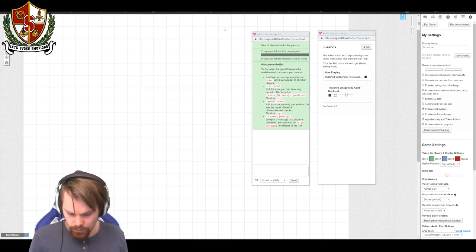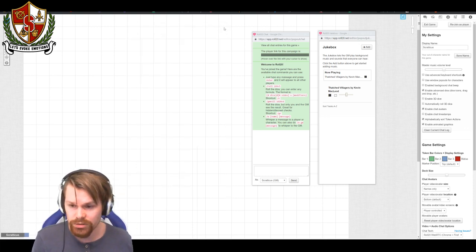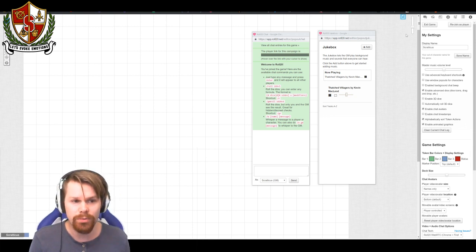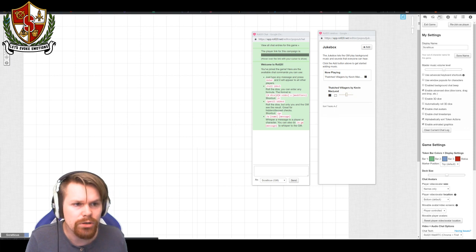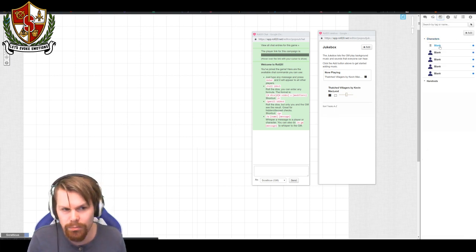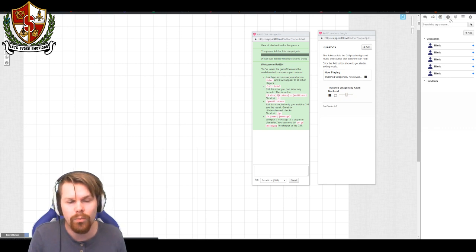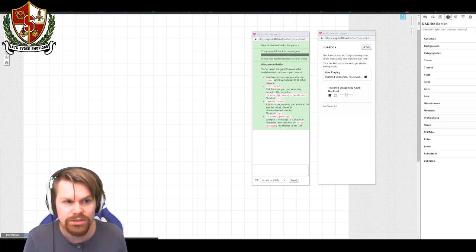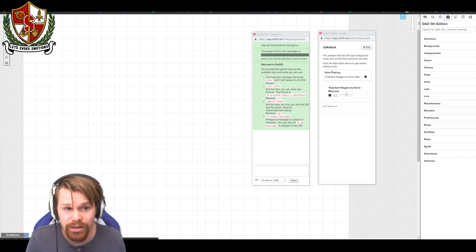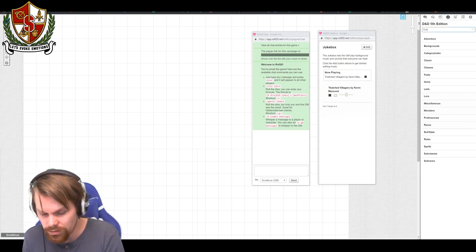Right, we've got everything. Now we want to start building our encounter. We're going into a goblin cave, so we want to put a goblin in our game. How do we put a goblin in our game? You could go and create a new character like we did with the blank ones in the previous tutorial and write out goblin and do all of that, but that is very long-winded, and honestly, you don't really want to do that. So what we're going to do instead is go and click on the compendium button, and we're just going to type in